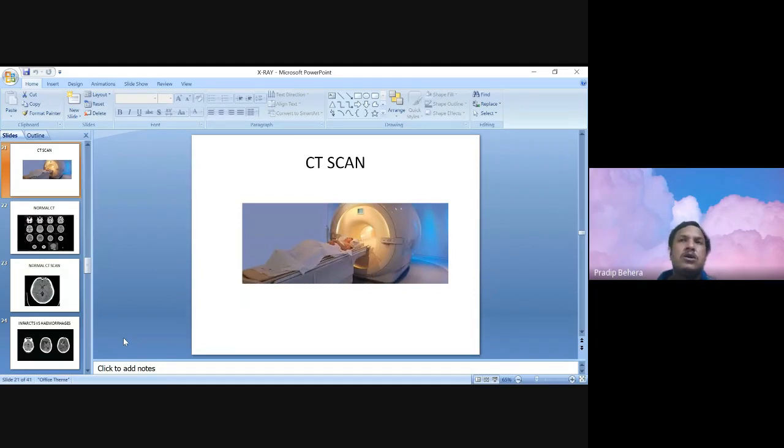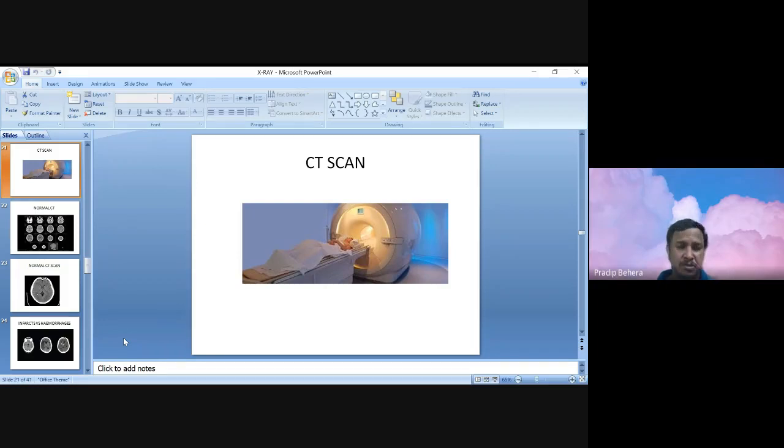Look to the left side below the diaphragm, so you'll find a gas shadow that is normally in the left side. So fundic gas normally helps us. Second, the cardiac apex. The left side is normally indicated by the presence of the cardiac silhouette. Sometimes if there is dextrocardia, you will find just the reverse. That means on the right side you will find the apex.